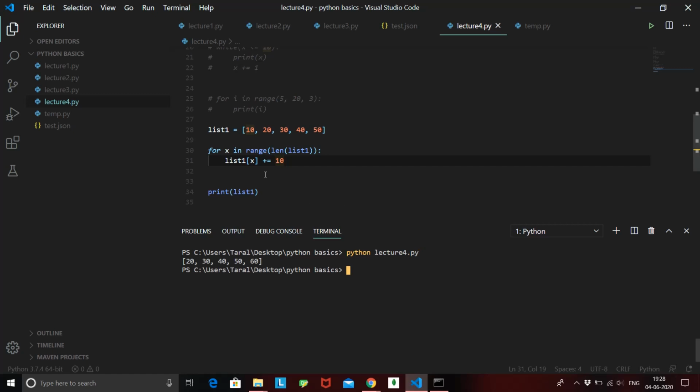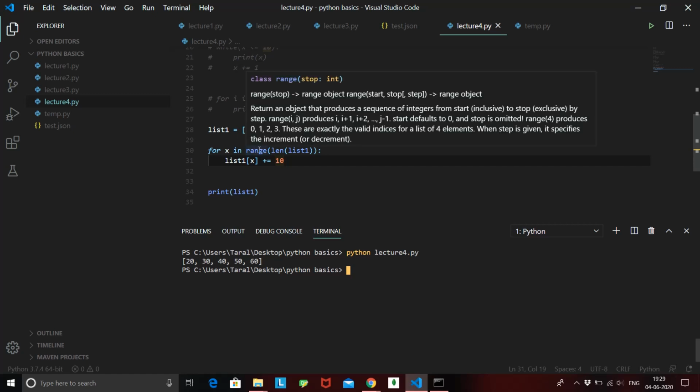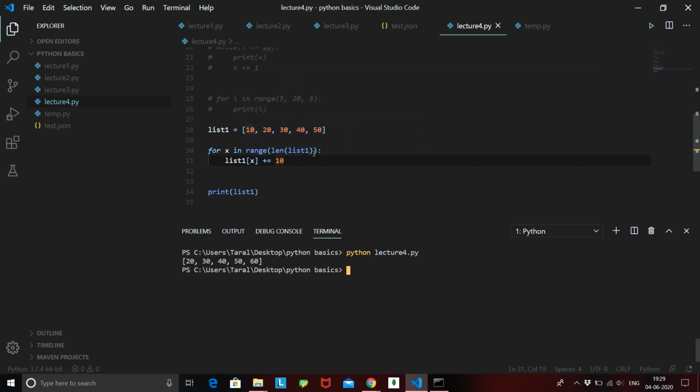Okay guys, so you can see first our list was 10, 20, 30, 40, 50, and now it got 20, 30, 40, 50, 60. So what's happening here is that we are telling Python that for every x, the x is not inside the list, the x is in the range of length of list1. So what is the length of the list? That is 1, 2, 3, 4, 5.